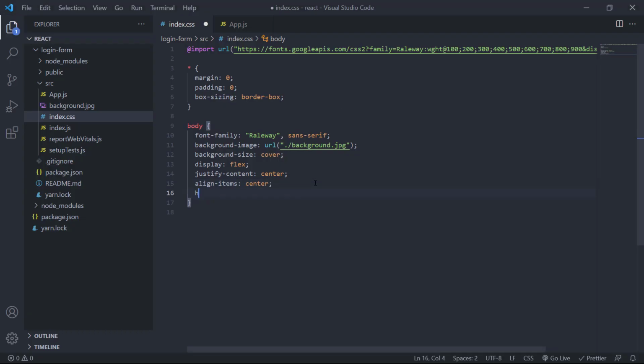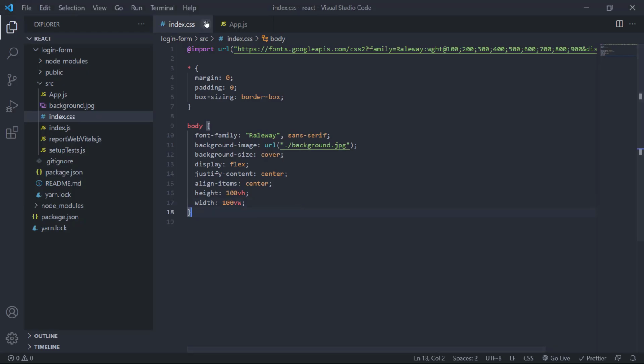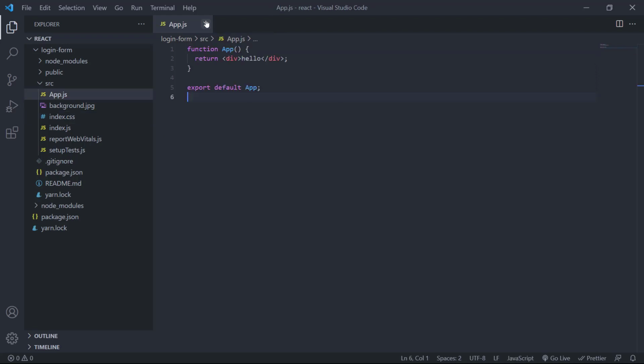Also let's give it the height of 100 viewport height and width of 100 viewport width. Also, yeah, that's done. Let's check it out. Yeah, our hello has been centered. Now index.css styling is done. We'll move to app.js, and